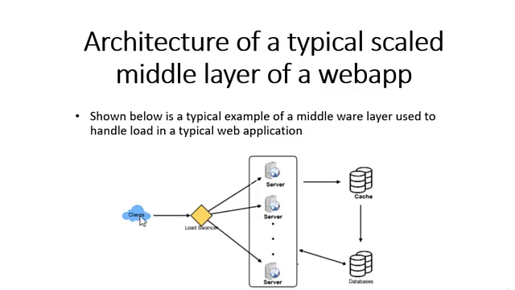It has a client that is sending a request to a load balancer. And then this load balancer, I have just used one load balancer here. You can have multiple load balancers as well to keep a backup of a load balancer. This load balancer is then sending the request based upon some algorithm that is set up over here. One example is round robin. There are many other techniques that can be used. So it will send the request to a particular machine that has lower load, and essentially all these are application